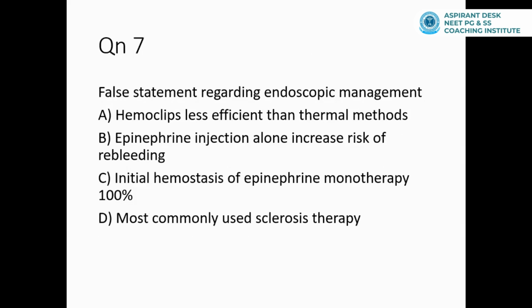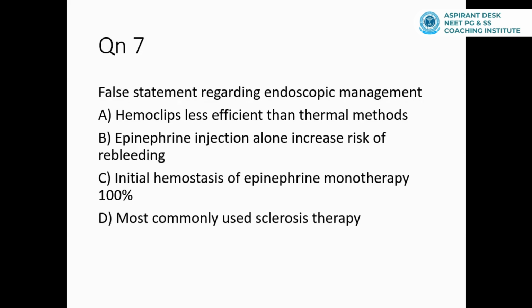Okay. And the next question is about endoscopic management. False statement regarding endoscopic management. It is about the modalities we are using in endoscopy to control the bleeding. So the first option is hemoclips are less efficient than thermal methods. Second option is epinephrine injection alone increases the risk of rebleeding. And third option is initial hemostasis of epinephrine monotherapy is 100%. And fourth option is most commonly used is